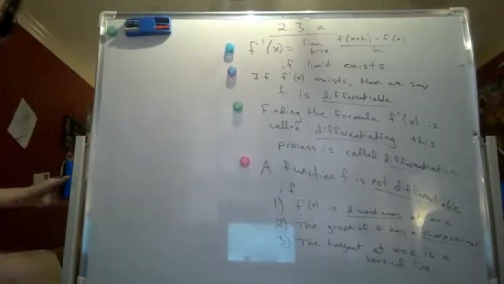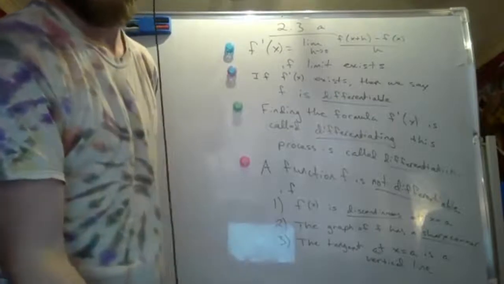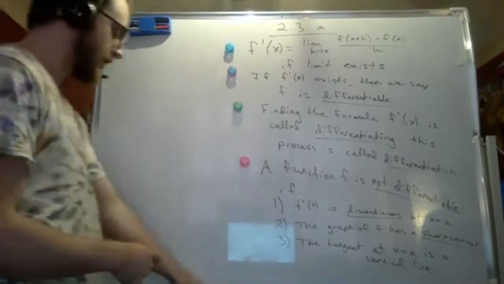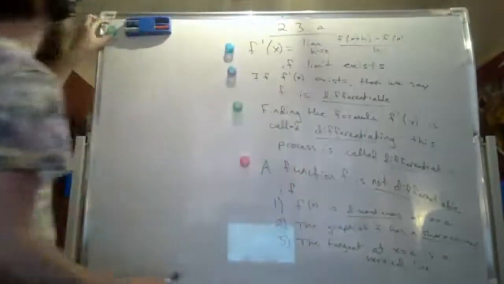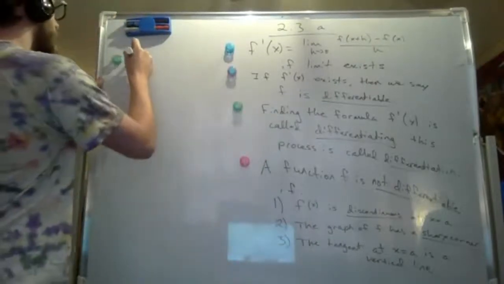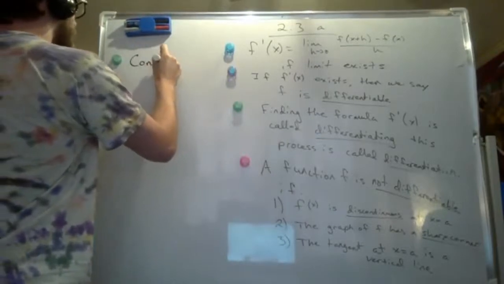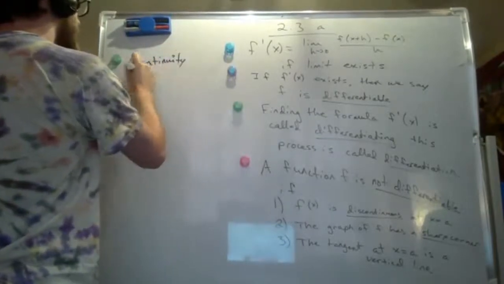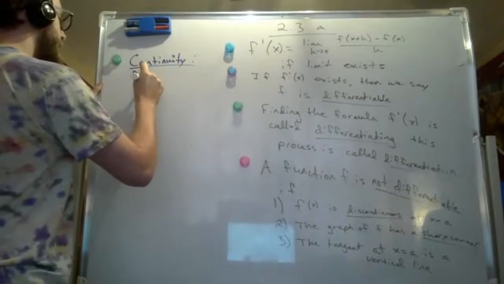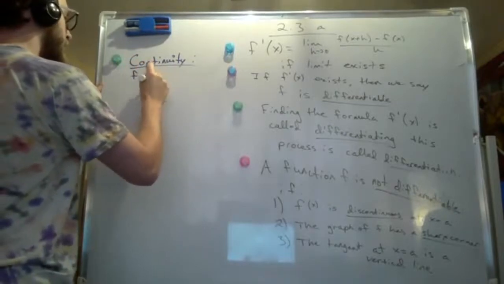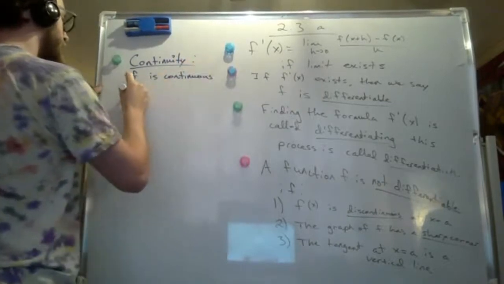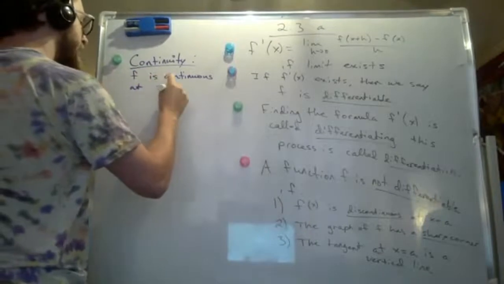Okay, so let's see. Not differentiable. Right. So we've discussed what it means to be discontinuous, but while we're at it, we want to go ahead and give a formal definition for continuity. What is continuity? So continuity, so we say f, a function, is continuous at a point x equals a